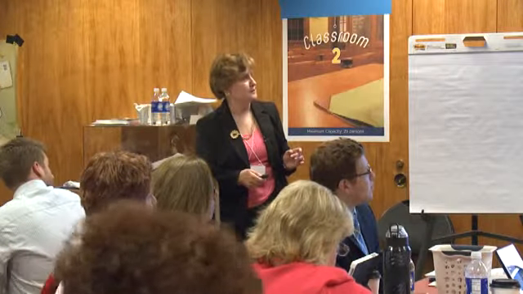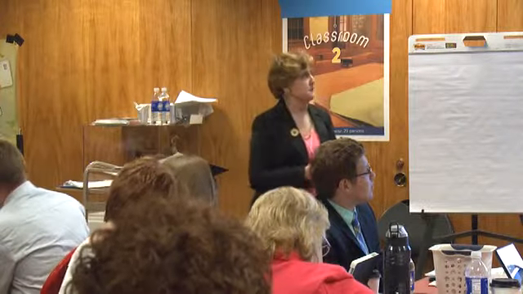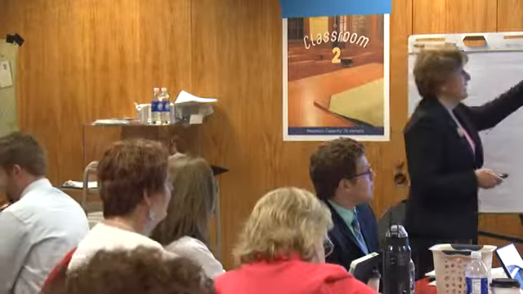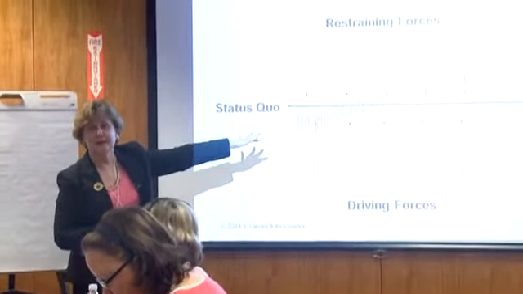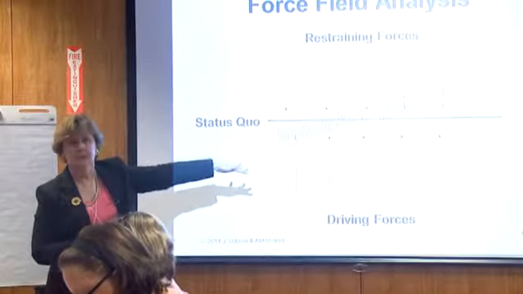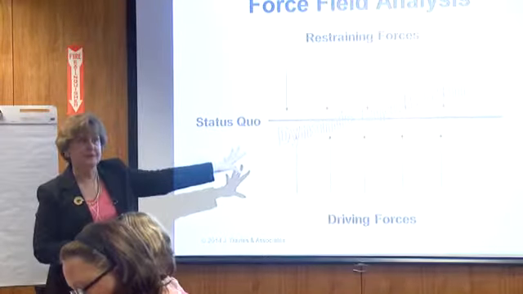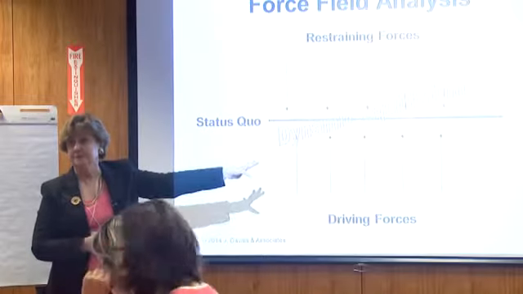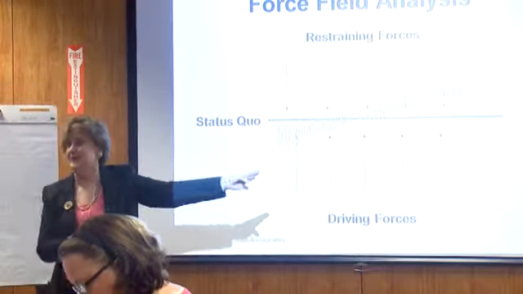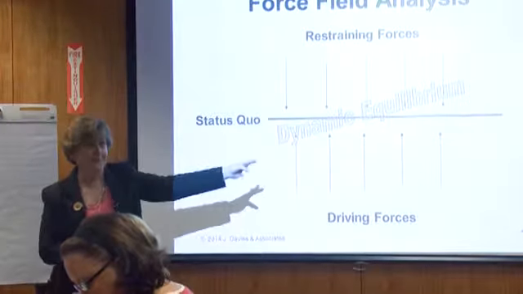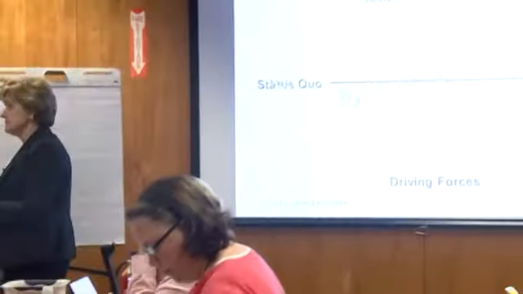Driving, restraining. Cool. All right, so what you were saying to me was, first of all, if we have these in equal balance, we have dynamic equilibrium, which means what? Nothing. Okay. So the first thing you have to do is think about, do we want to make a change? You know, because as you heard this morning, somebody said, we had lunch together and a person said, boy, it takes a lot of work to do this. And it does. But you have to look at what the situation is.